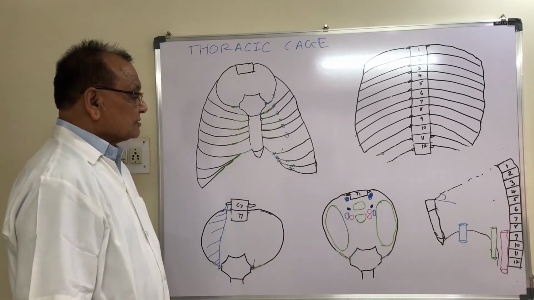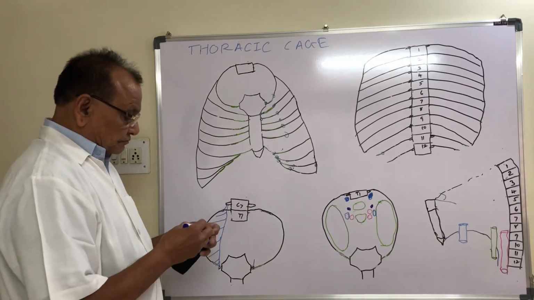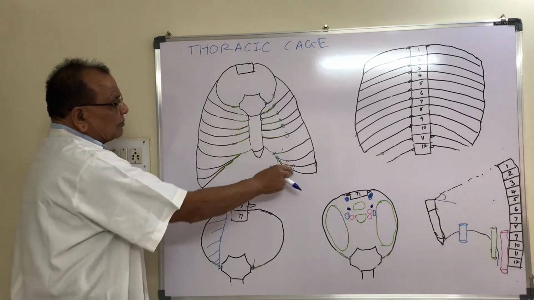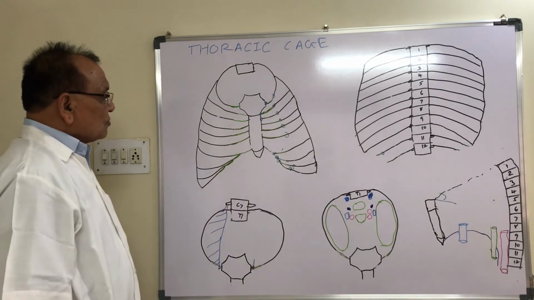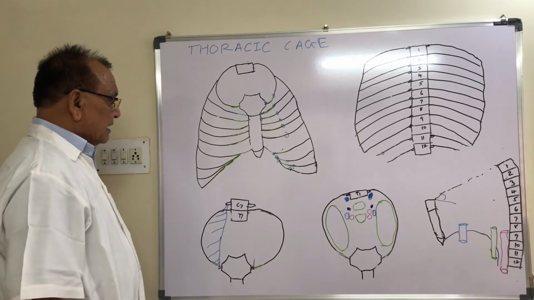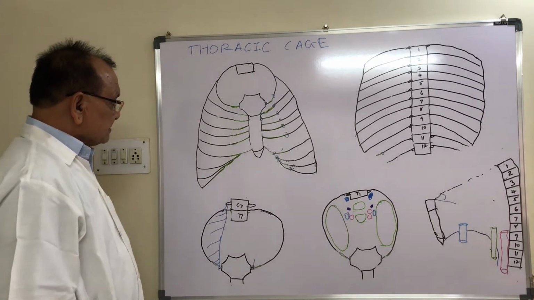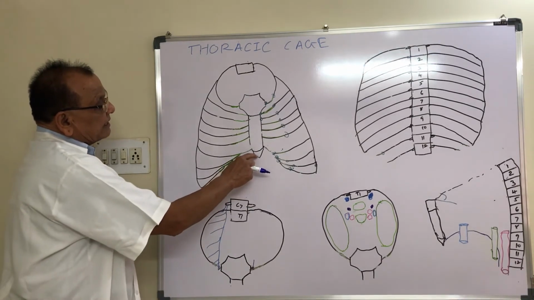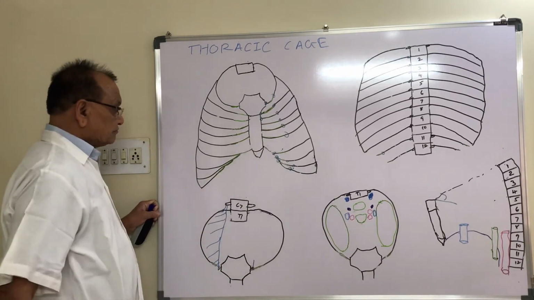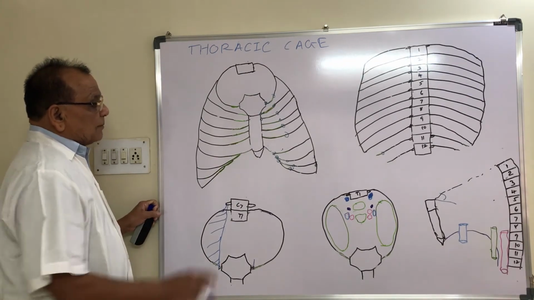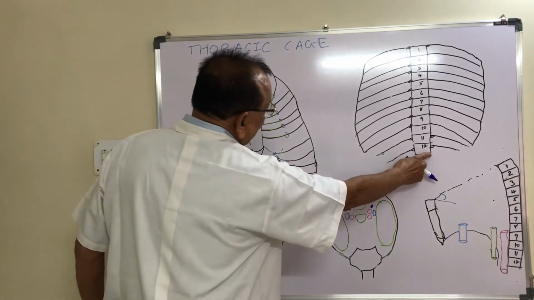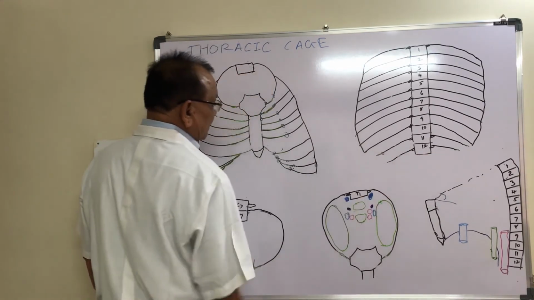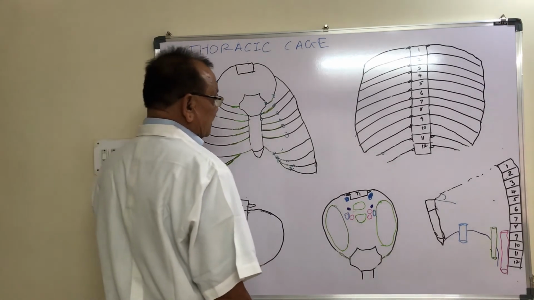Right sympathetic trunk. Now the lower opening or inferior opening of the thoracic cage is also known as the outlet of thorax. Now see, in the outlet of thorax, most anteriorly you will get the xiphoid process, and posteriorly in the outlet you will get the lower surface of the 12th thoracic vertebra.